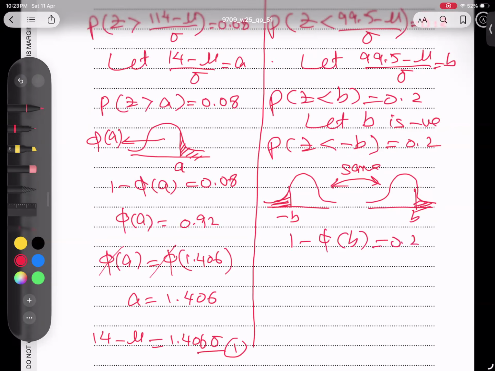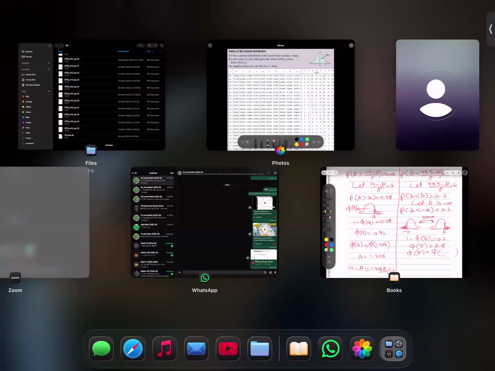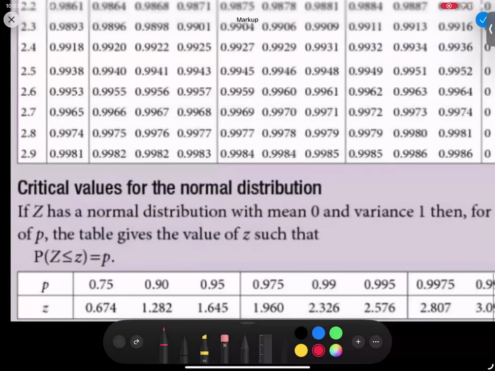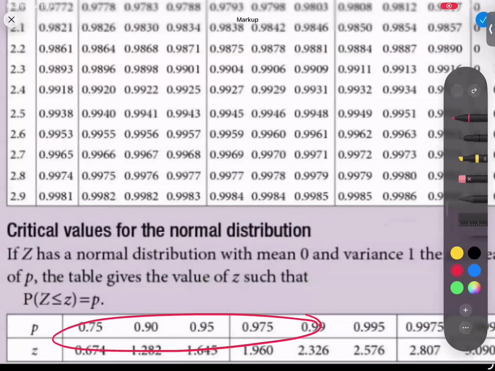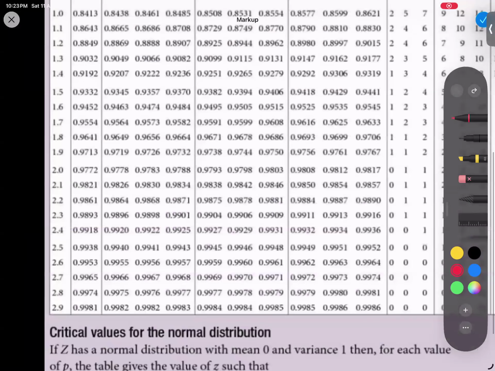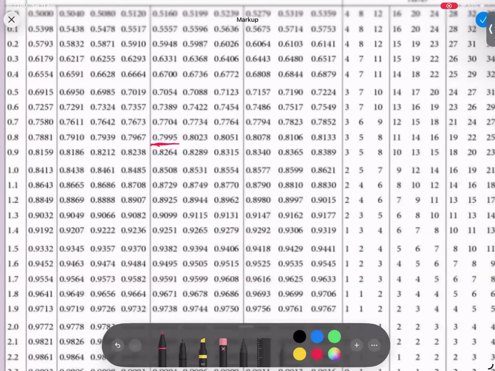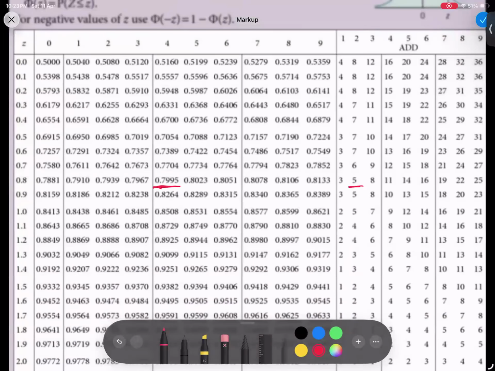Now I'm eligible to find this value, which is 0.8. And 0.8 we can find, students, very easily. What is the number? 0.8, check it. And 0.8, maybe let me check, is it available in the bottom? Sometimes it is given in the lower table here even, but not given here. See, some values are given, but 0.8 is not given. So 0.8 where? 0.795. How much do we have to add to get 0.8? So 5 adding. So if I show this number line, from this 4 and from here this one,